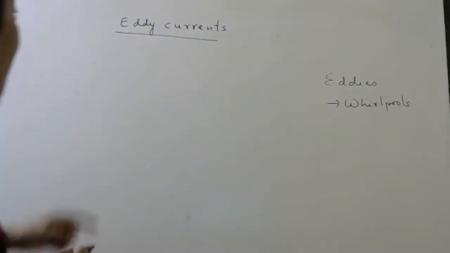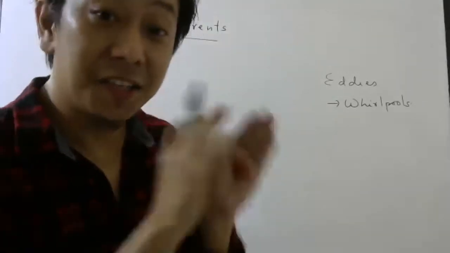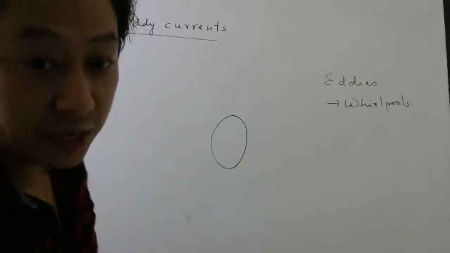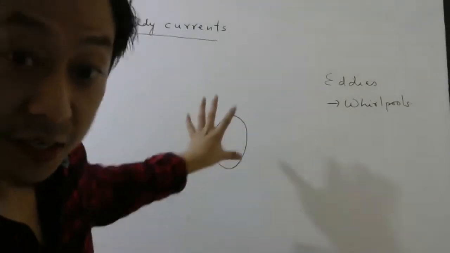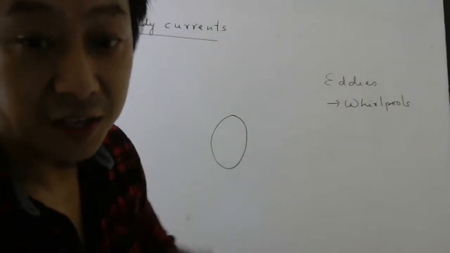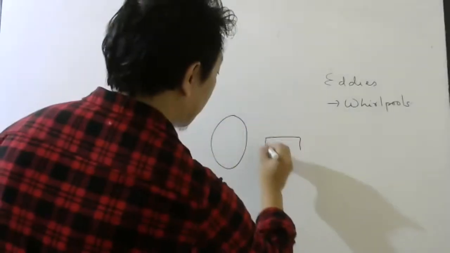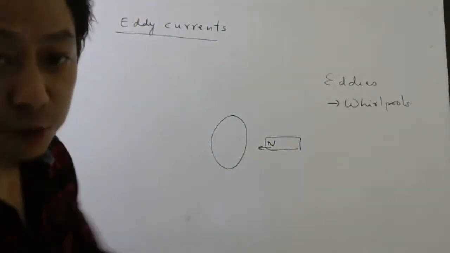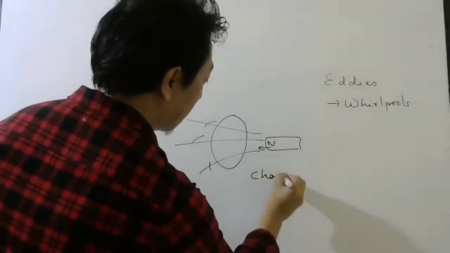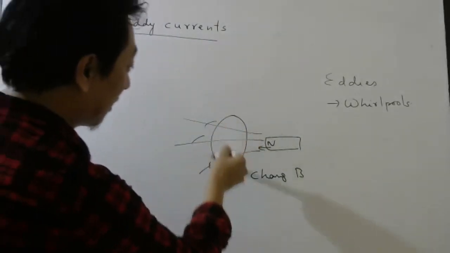So why is it called eddy current? Let us try to understand. Let us go back to yesterday's class. Yesterday, I told you, if you take a conducting loop, not a plastic loop, because in a plastic loop free electrons will not be there, so how will you get current? So take a conducting loop and bring a magnet and move the magnet. Moving the magnet means changing the magnetic field here. So when the magnetic field changes, there will be current produced.